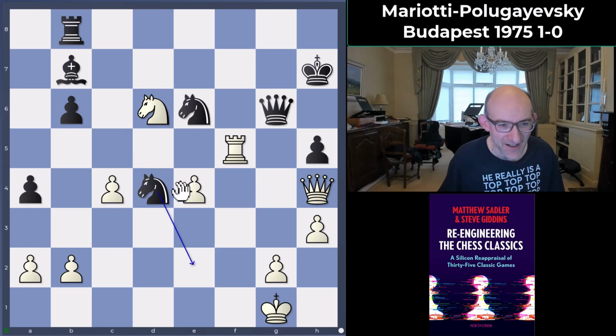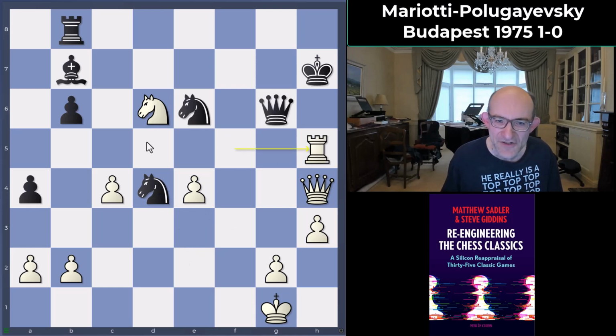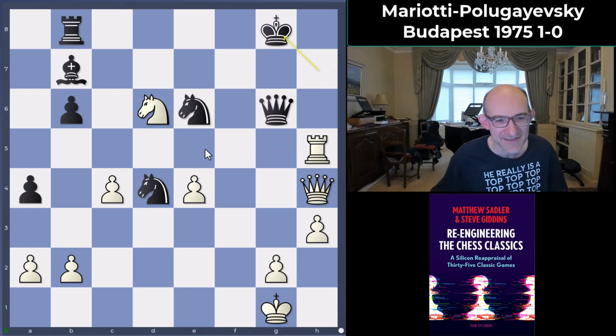Yeah, just targeting these squares, and all of these checks make it easier for black to exchange pieces somehow. Maybe in return for a piece, but then you've got 2 extra pieces with black, right? So that actually won't be so bad. Rook h5 check was played by Mariotti, but king g8, and there's a very big problem now, and this actually means that black's winning in this